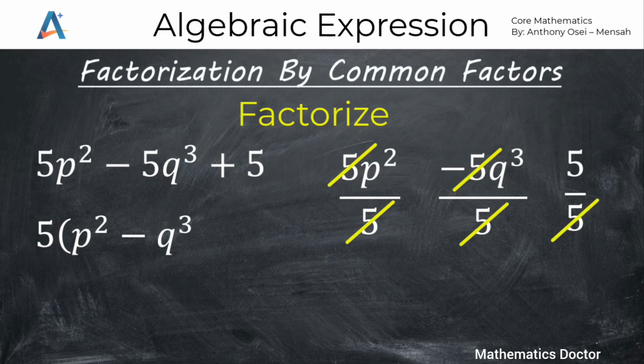5 here 1, 5 here 1. The answer will be 1. So we will write positive 1, which is plus 1. Now if you scan your eye through this question, you realize that even without going through this approach, you can